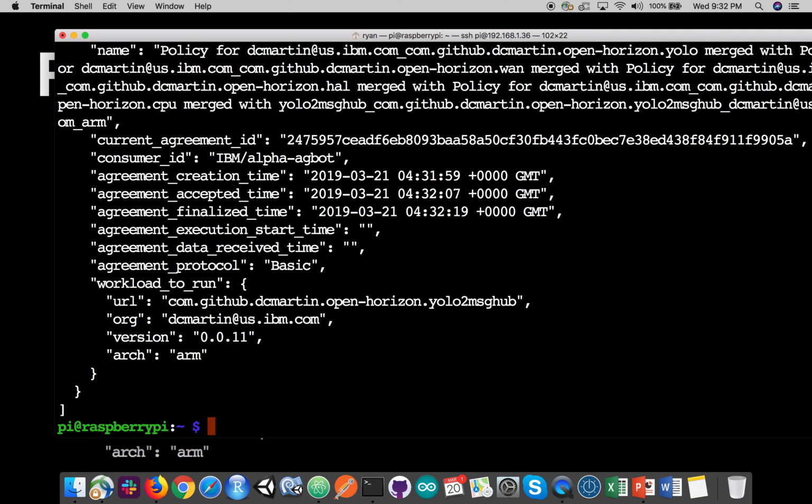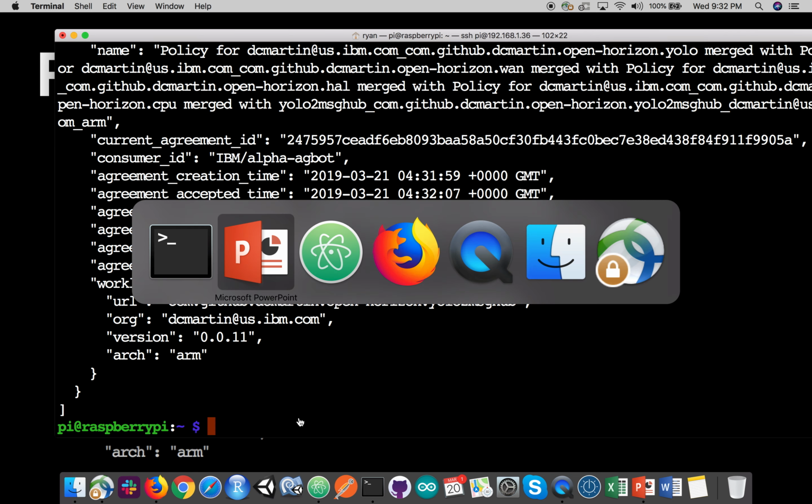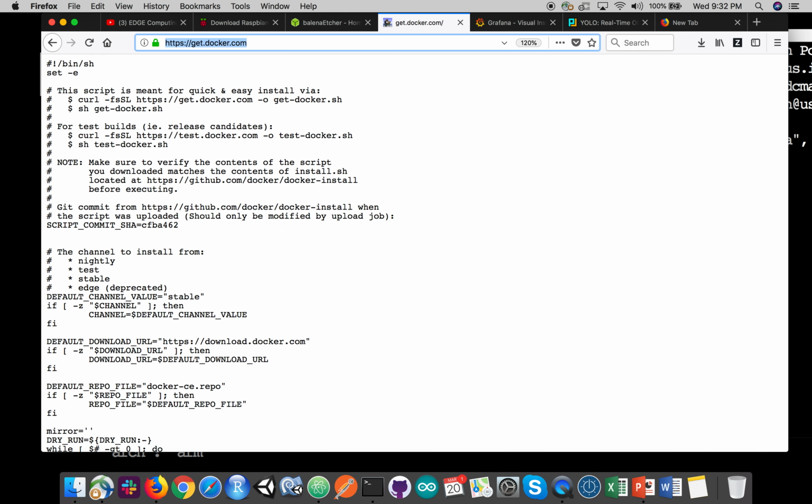And this pattern's a little beefier than the other CPU ones. So it might take 20 or 30 seconds for it to start. But once it starts, it will begin to operate. And because it's a Raspberry Pi, it takes a little while to process. There's usually about a 60-second time between the image being taken and the processing happening. Let's have a look here, and the pattern is already executed now. So now we have all 4 of our Pis up and running again,